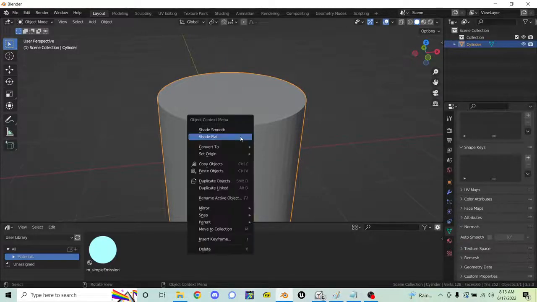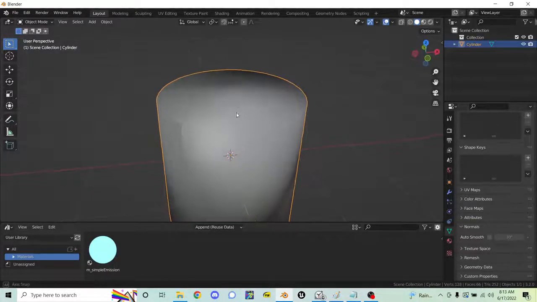Now, when you shade smooth, you make it so that the normal right here kind of blends into the normal right here. It's almost like the normal right here, instead of being like this, is actually like this, and like this, and like this,